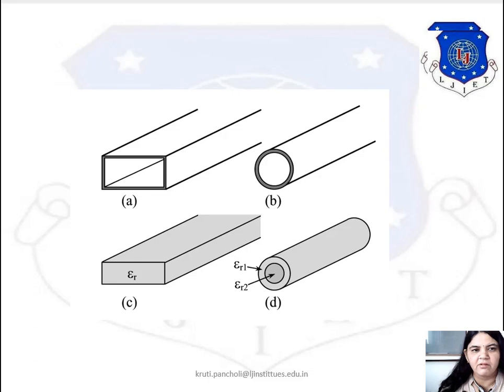But the rectangular waveguide has more usage in practical purposes, while the circular waveguide occupies larger space. So due to that there is less use of the circular waveguide. But a very good example of the circular waveguide is the magnetron, which is used in the microwave oven. So we can keep in mind the best example for understanding more about the circular waveguide.